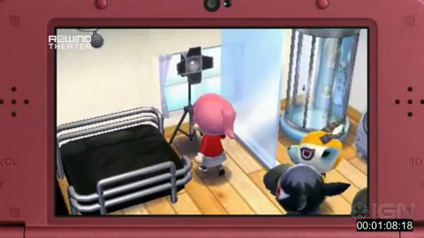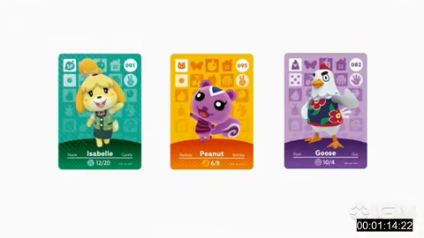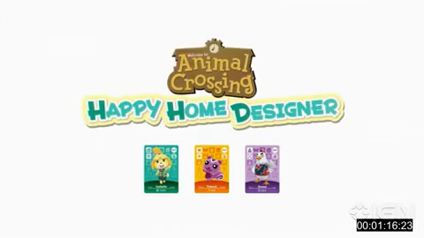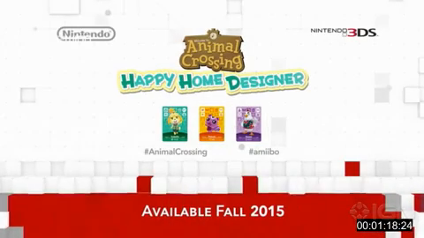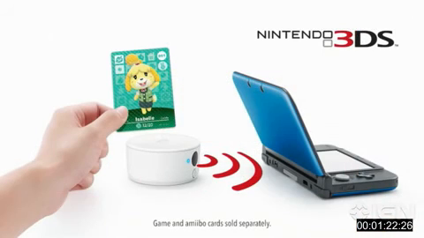Absolutely. Cool, cool. And here we see just a few more. And you take photos. You can share them potentially on Miiverse, and then you leave. Well, there you have it, folks. That is a quick look at Happy Home Designer, the next Animal Crossing game, which is coming in the fall of 2015. And if you don't have that new 3DS, don't worry. Well, it's an NFC